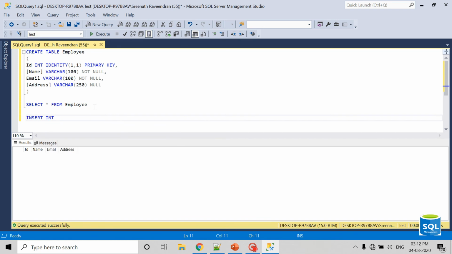For inserting, we can use the insert into command, insert into employee. Then we need to specify the column names. We don't need to give the value for ID because it is auto increment. That means it will be set by the SQL Server itself.